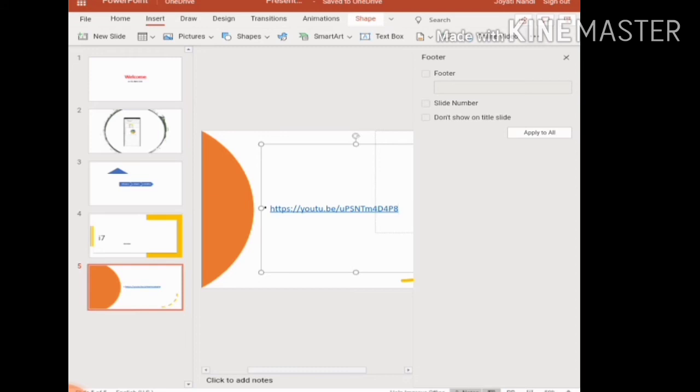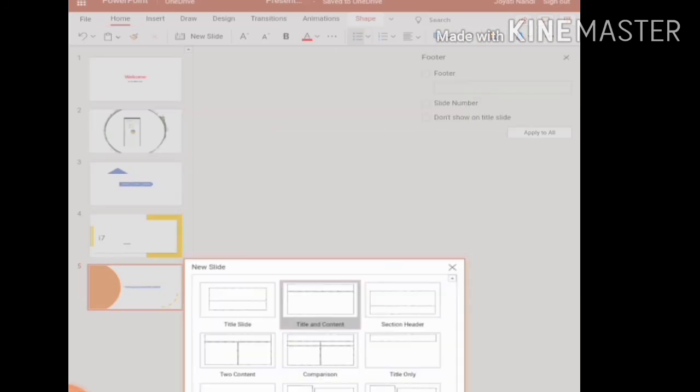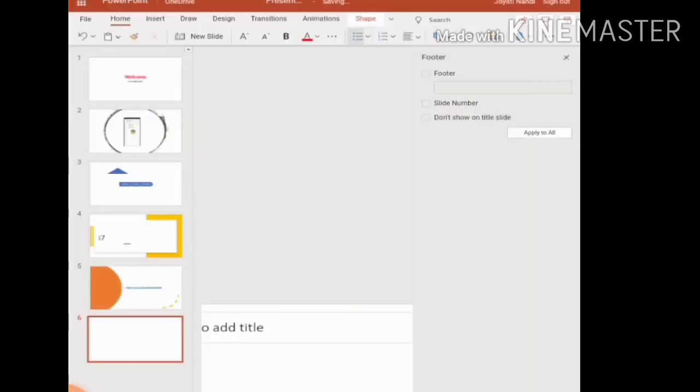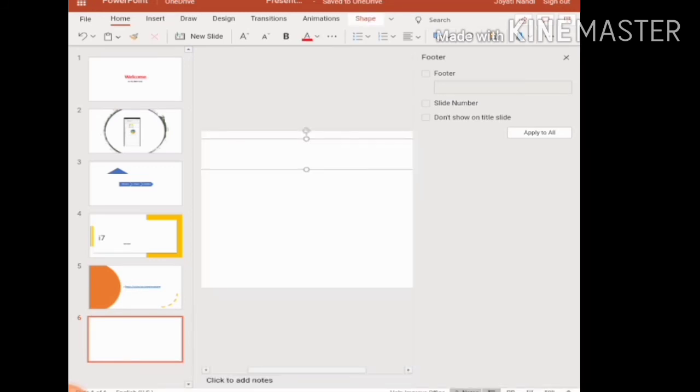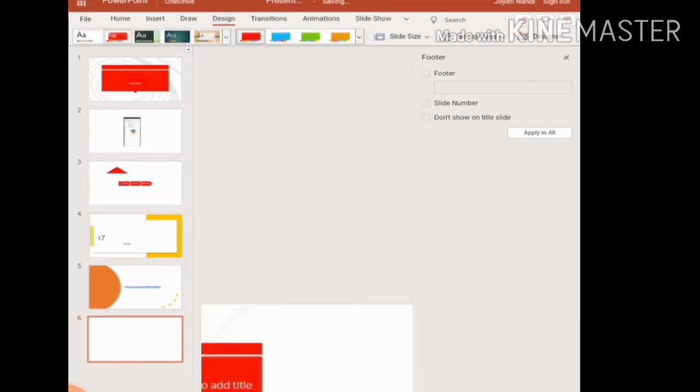Next, I am going to create one new slide, and there I am going to the design option. In design you can insert different types of new slide designs. I am clicking on this one.